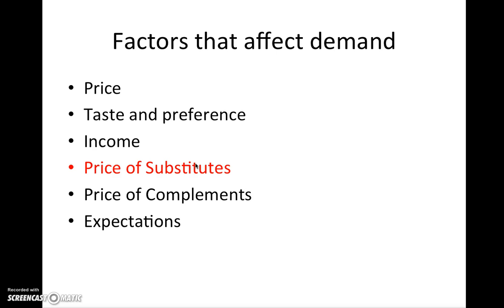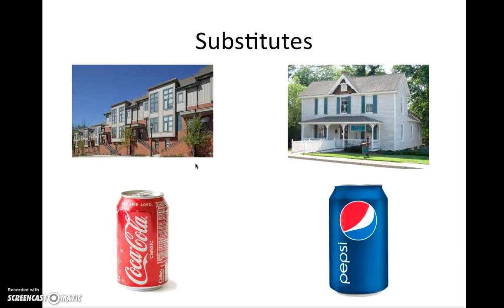Okay, so the next factor is the price of substitutes. Substitutes are competing products. Say for example, Coke and Pepsi, Nike and Adidas. What else? You have any products that are considered competing products. So in this example,